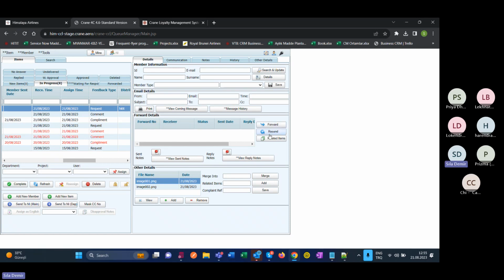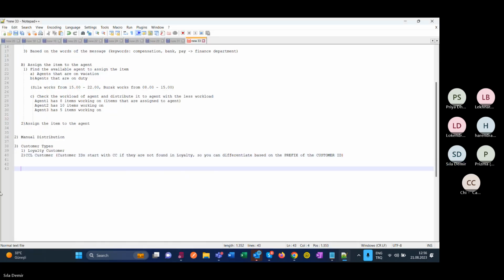We have the forward, recent, and the related items in the forward details area in the screen. Sometimes you will be required to forward the case to another department. And let me take some notes for you. So this is important. Fourth one is